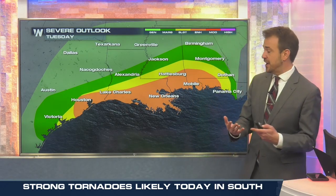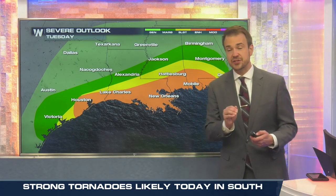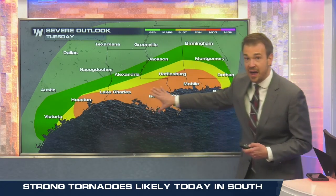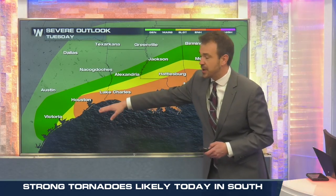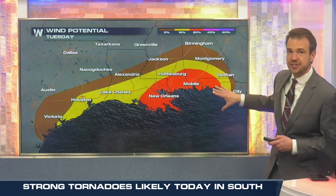We have plenty amounts of it, but what we don't have so much is the instability unless you're right by the Gulf, and that is where we have temperatures that are warm enough, humidity in the air, there's enough instability in the atmosphere to kick off these storms. That's why we're seeing these tornadoes form around the Houston area here, and you can see that enhanced risk carries